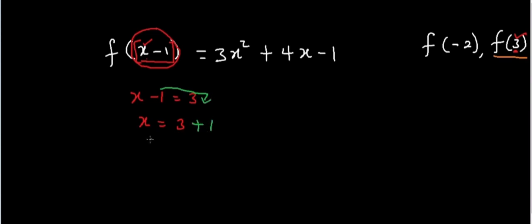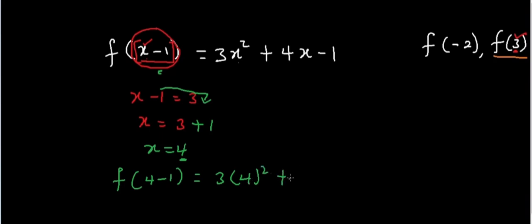So x needs to be 4 for these to become 3, which means that if I should write f of x, x is now 4, right? x minus 1 equals 3. Don't forget, my x is not 3. My x is actually 4. So instead of writing this x, I write what? 4. I write 4 squared plus 4 into 4, right, minus 1,